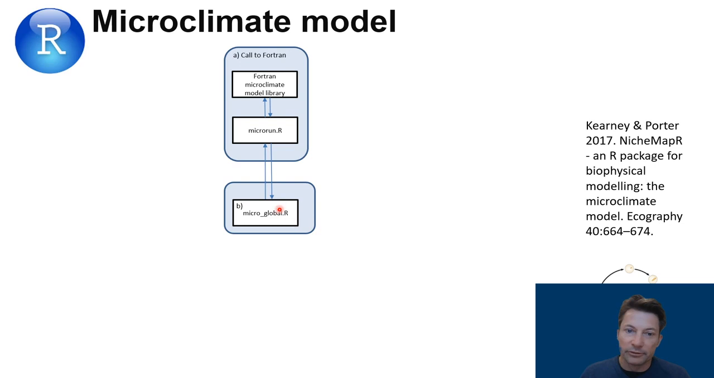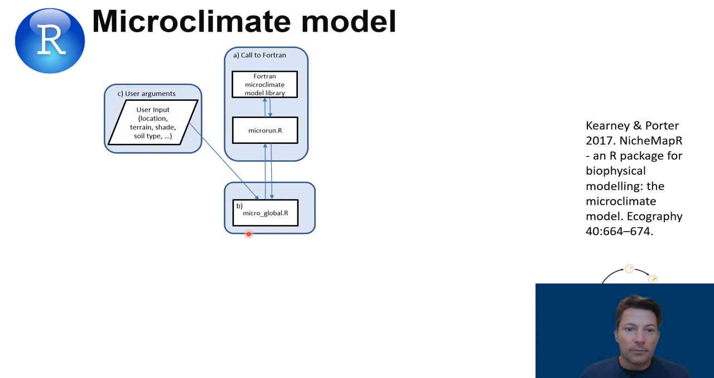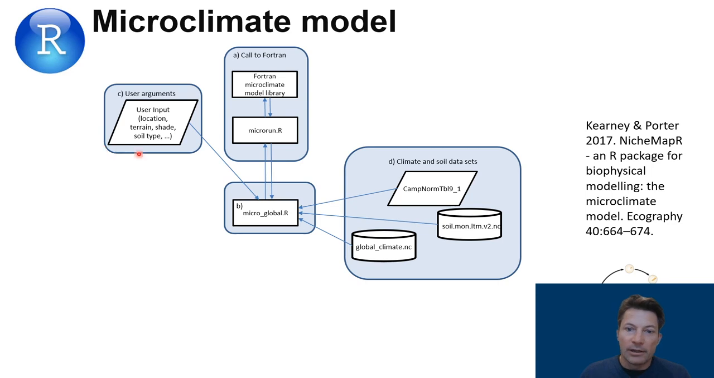is called, in terms of the microclimate model, by a series of different scripts that bring together data sets from different sources. There's one called microglobal, for instance, and that takes in input from the user. You might put in your location, what the slope and aspect is, what the shade level is, and the soil type, into that function. That function will then get the required information to run the model from a number of